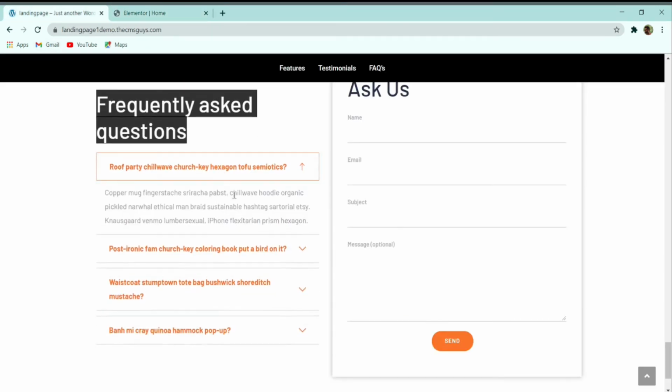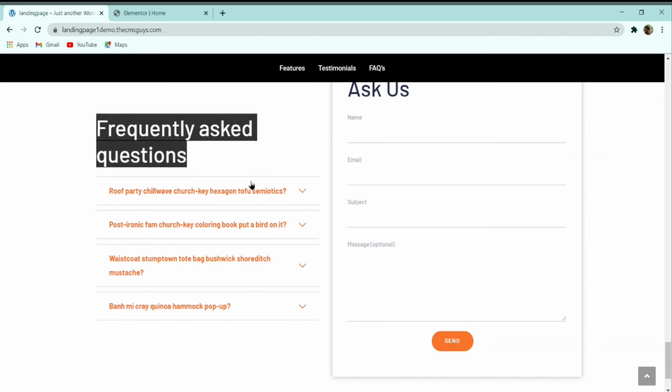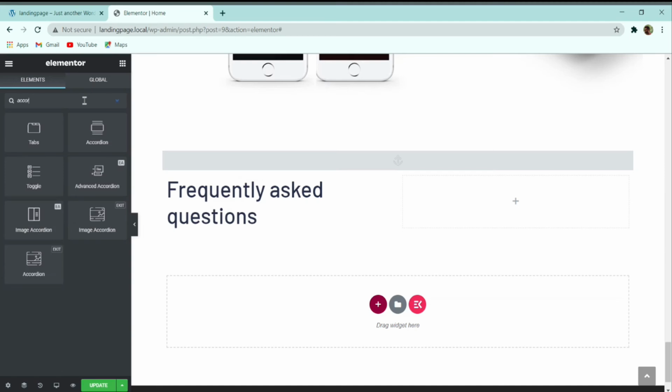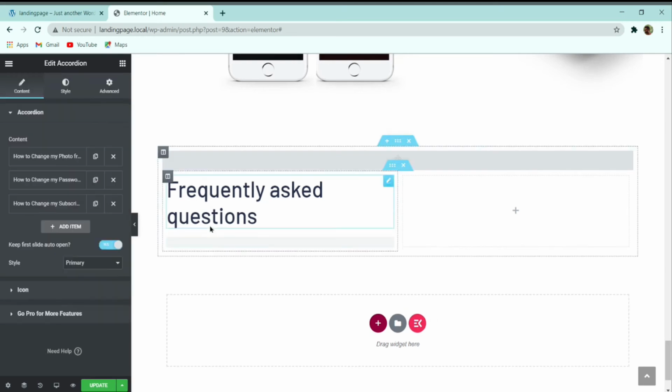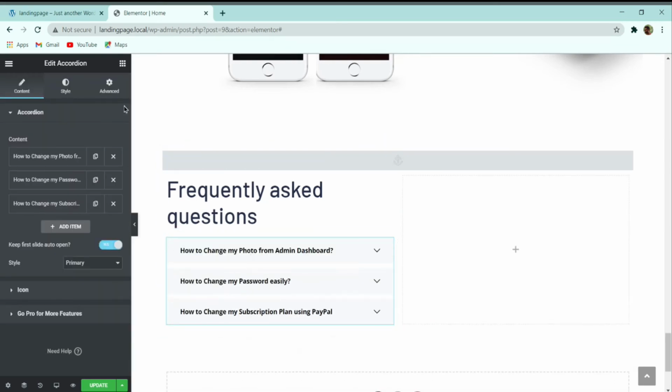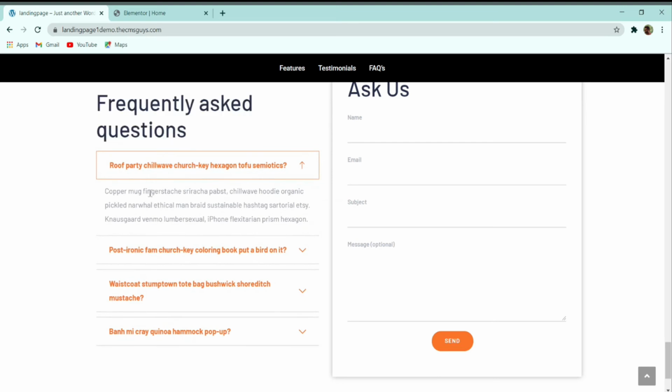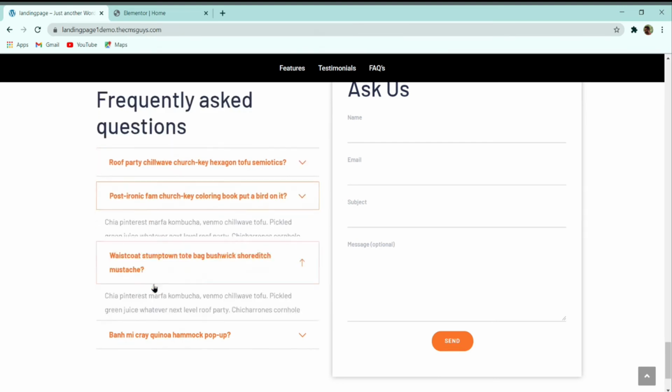After that we have to add this accordion over here. To add this accordion, I will click on this nine dots and search for accordion. Here we are going to use this accordion by Element Kit. Here you can see that I have dragged that accordion. After that, we have the questions, and these are our answers.